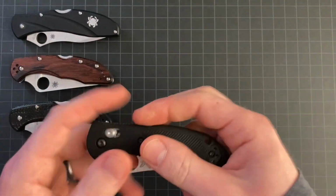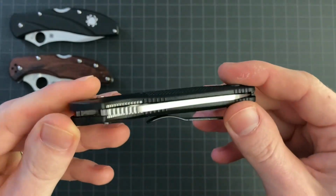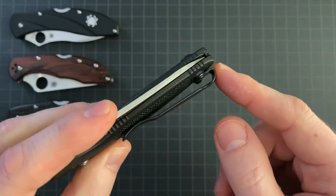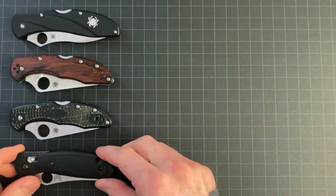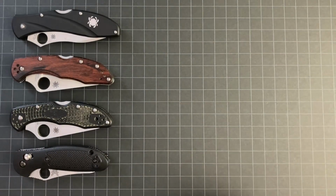I do hope to do one day, I keep saying I'm going to do this, get some different scales for this, some custom scales. And I did get the deep carry clip from Benchmade, so $10 straight from them. But yeah, I love this. This is a great little knife. Oh boy, I'm only gonna fit that there. All right, next up,